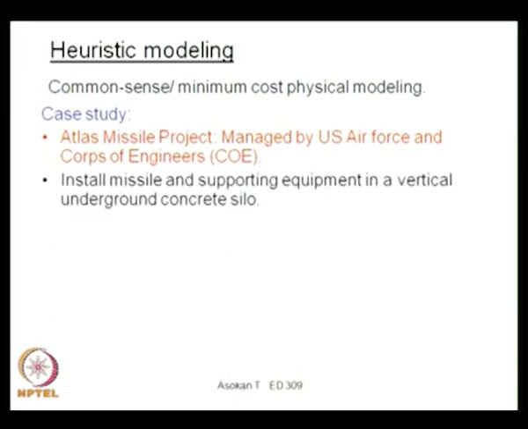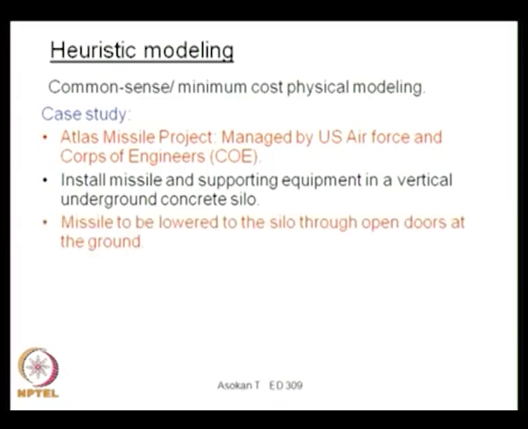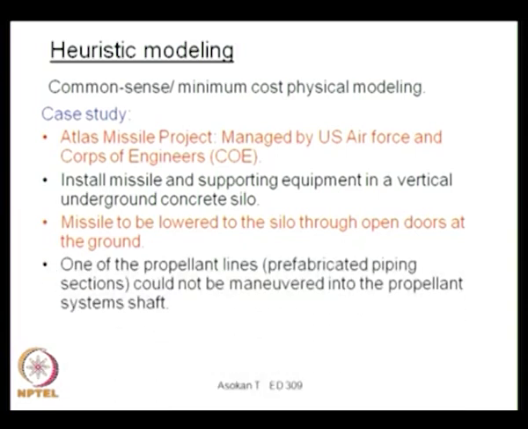These missiles need to have some installation support. The missile and supporting equipment were installed in a vertical underground concrete silo. So the supporting equipment needed to be placed in an underground concrete silo, and the missile was to be lowered into the silo through open doors at the ground. One of the propellant lines, that is, prefabricated piping sections, could not be maneuvered into the